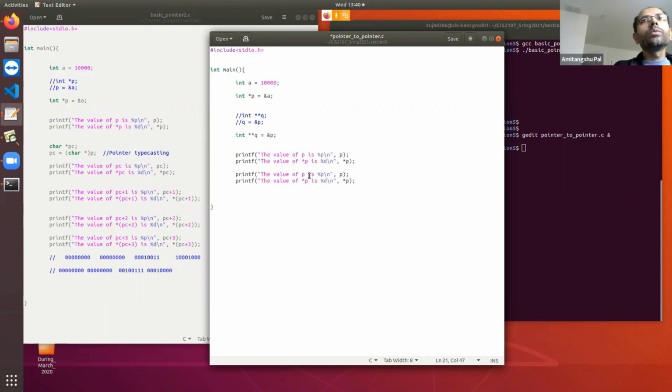Let's print the value of q and *q, and let's print the value of **q. Okay. So let's try to see.